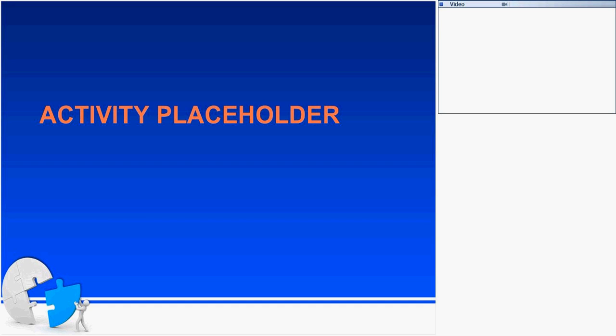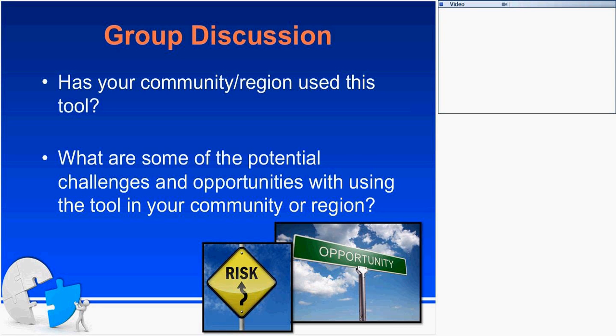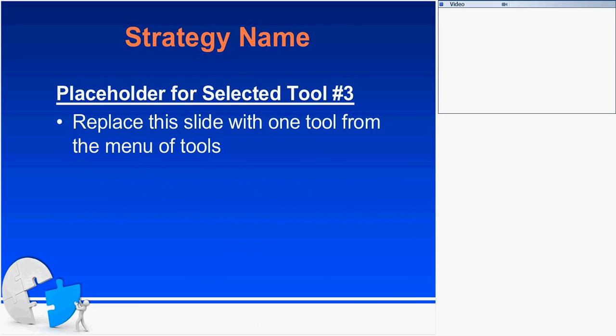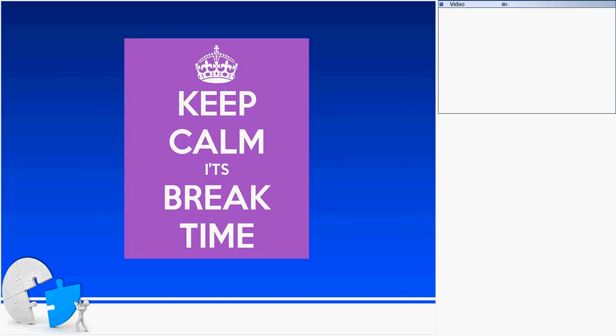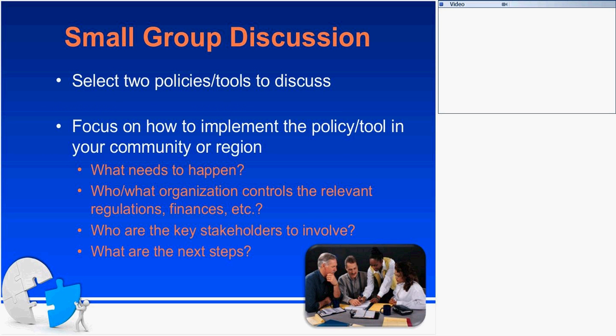So, and then these are all the placeholders for where you insert each of those tools and strategies and activities. There's another break, and then this again returns to the required material at the end. This is basically a wrap-up exercise to help people come up with some concrete next steps that they can take after this training. So this is a small group discussion